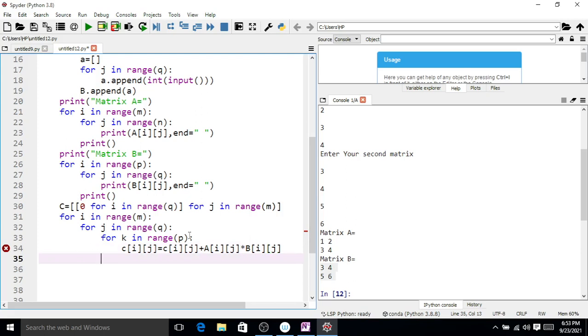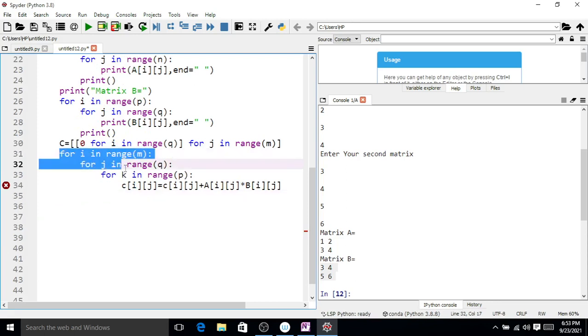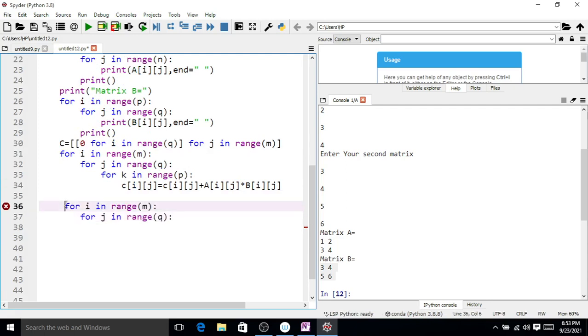Finally, we want to display this matrix Cij. So again, by using a for loop, if we copy this, because the order of the new multiplication matrix is M by Q for i.